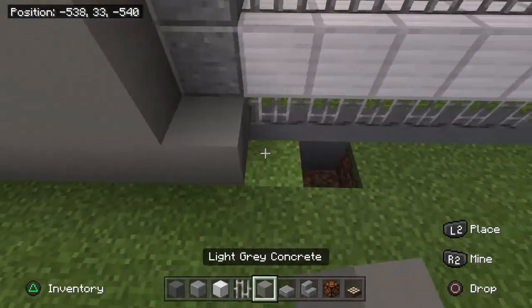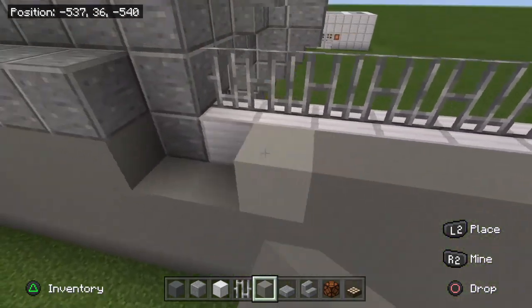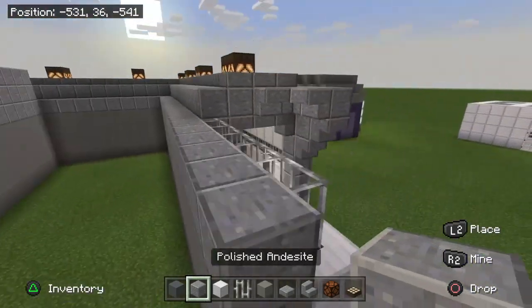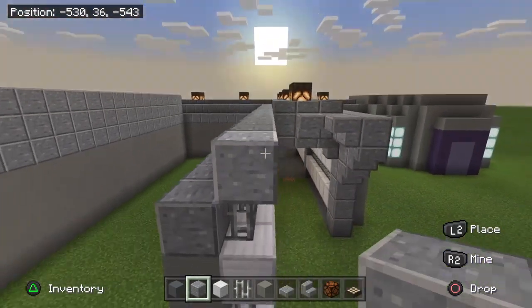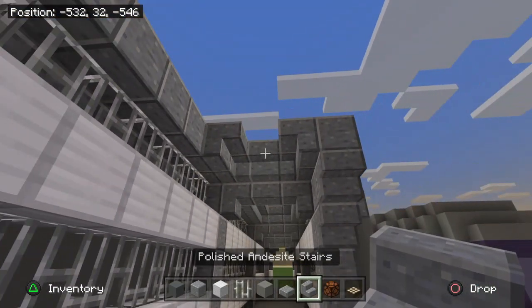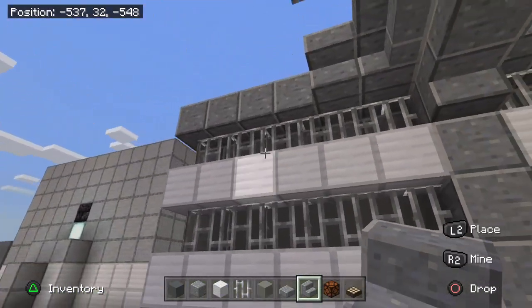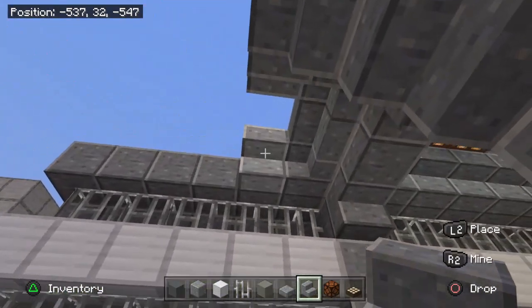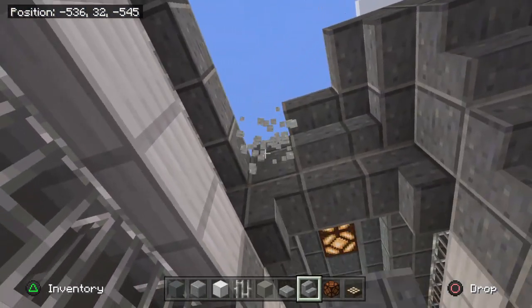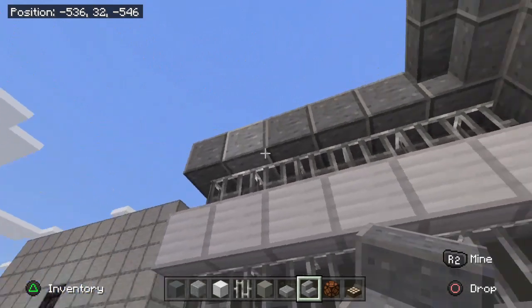Bringing your light grey concrete over, up to just before the top of the iron bars, and then add in your polished andesite just like so, and then over like so as well. Then we'll curve the rest of the steps around here for those 2, like so, and then I can actually see the roof now, what I've done here. So what I went ahead and did was actually left this one off just on the corner there, kind of kept the stair just, oops, natural back into the wall like so,